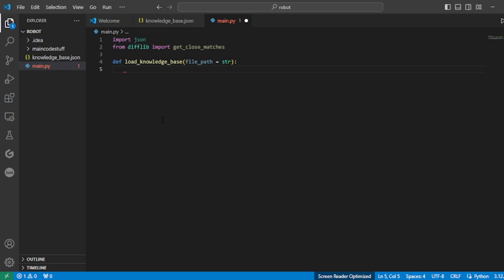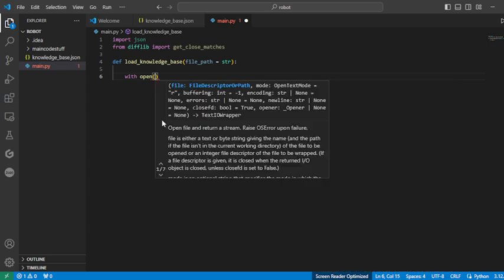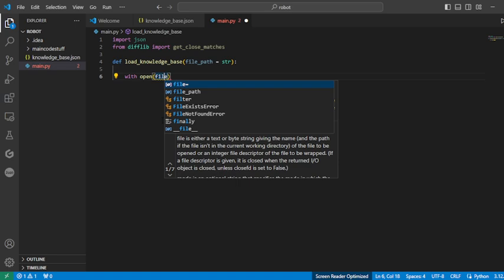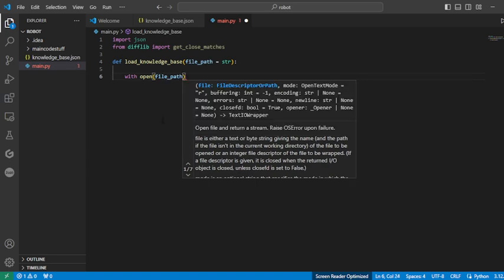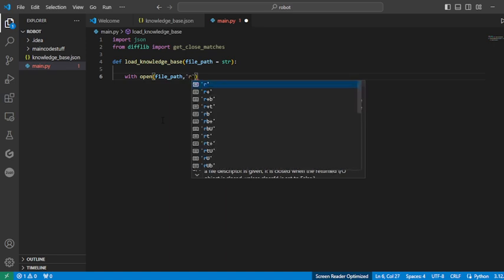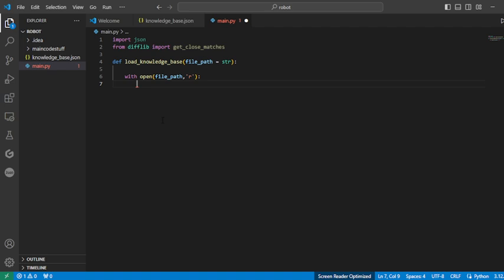So inside that, what we are going to be doing is a with open, and in the with open we are going to be adding in file_path, and then after that we're going to be putting in 'r' as file. So 'r' as file means that we're going to be accessing the file using that. So 'r' is like read, it's going to be returning the dictionary